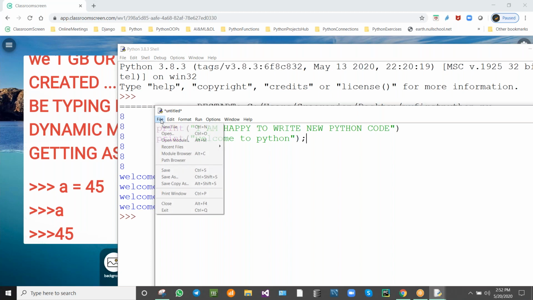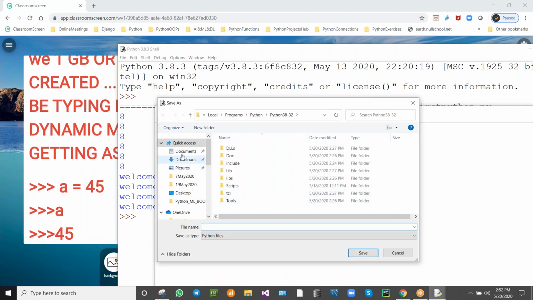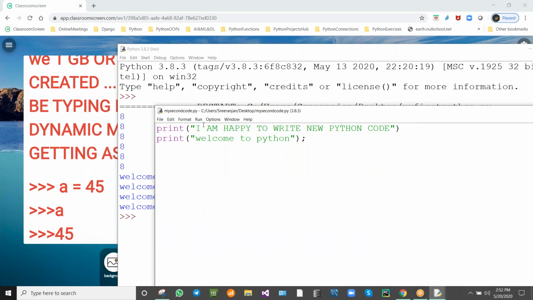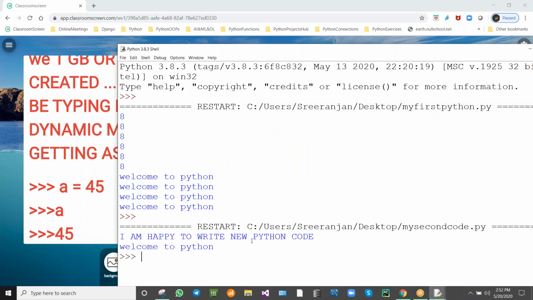And we need to save the code. File, save. On the desktop I am saving my second code, with the .py extension. And we need to click on run module. It will show the output.